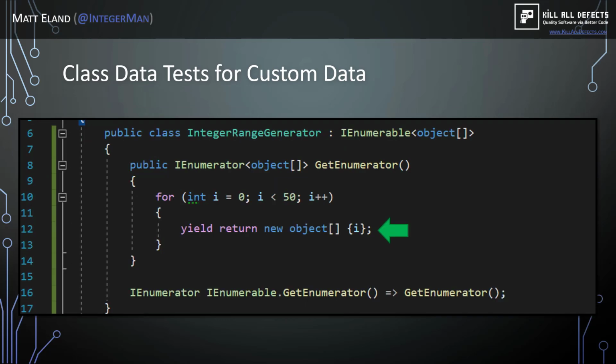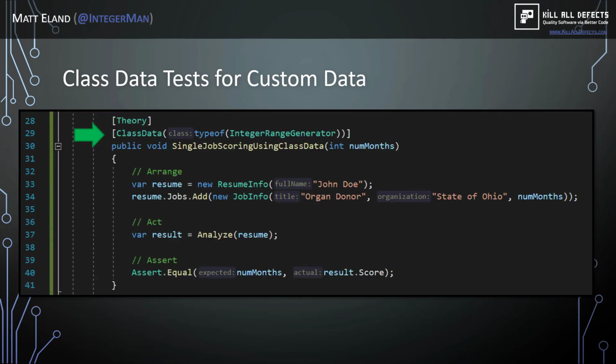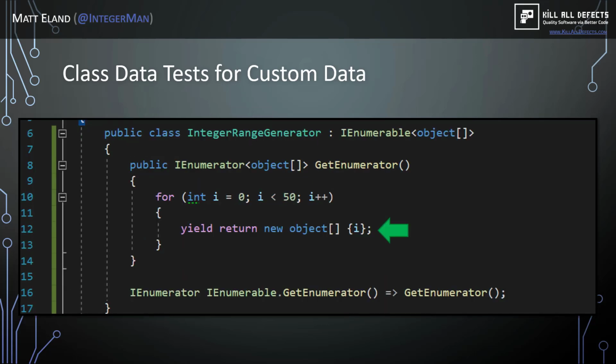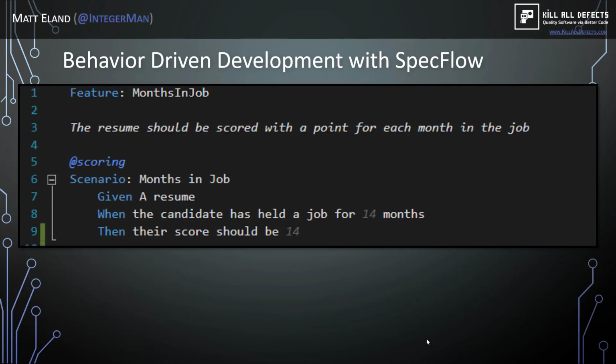And if you wanted to tweak this a little bit, you can. So integer range generator is just a way of demonstrating a class data provider, and that's really just an IEnumerable of object array. Syntax is ugly and not that readable, but hopefully you don't have to work with it and tweak with it too much. But it's there if you can use it. NUnit has some really cool things to do this a little bit better, which is cool. All right, so